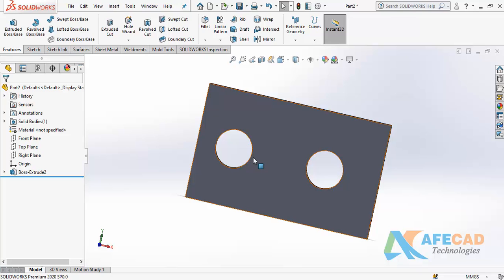What was your requirement? Your requirement was that the distance from left and right should be the same, and the distance from center should be the same. It was the future requirement. But when you apply the constraints, the relations to your object, that is not going to fulfill the future requirement.